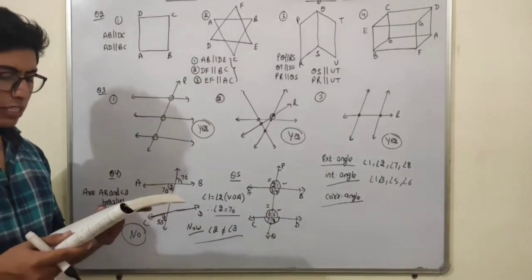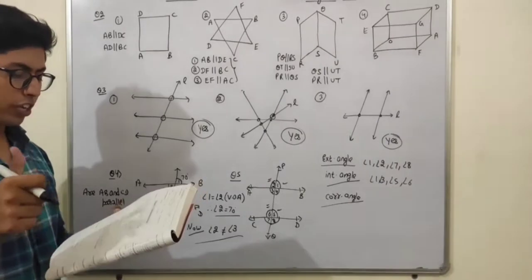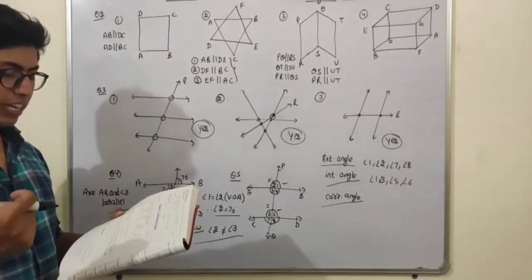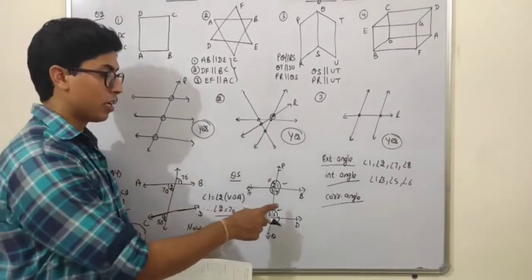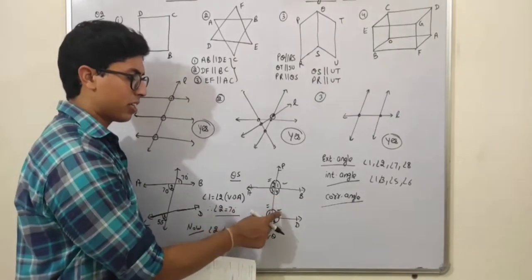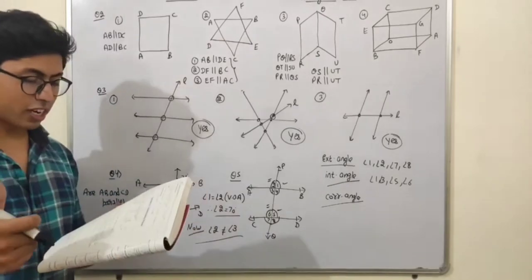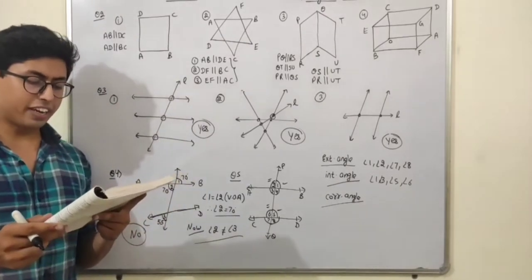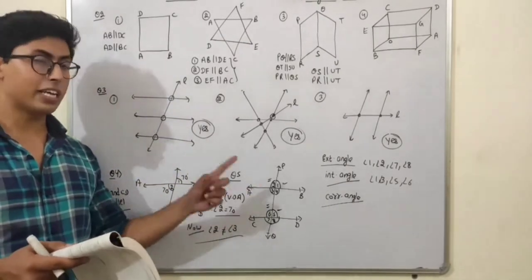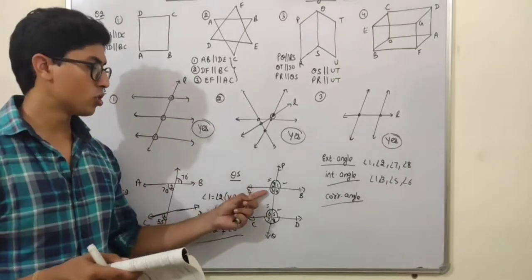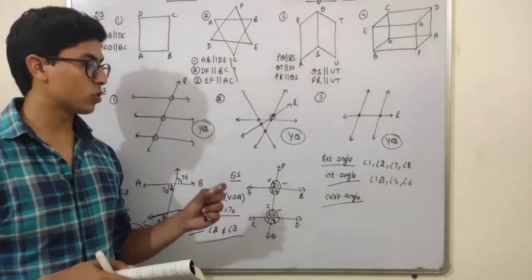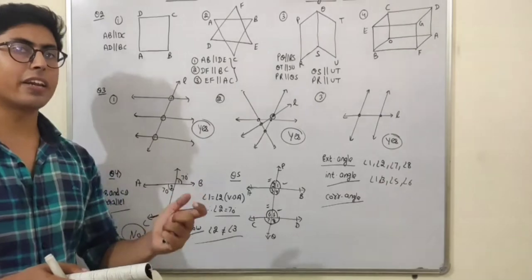Now similarly, students, if I take alternate interior angles, alternate interior means interior angles on opposite sides. I have to take angle 3 and angle 5, 4 and 6. Is it clear to everyone? Alternate interior angles means 3 and 5. I have to take only interior angles. So 3 and 5, and 4 and 6. So these are alternate interior angles.